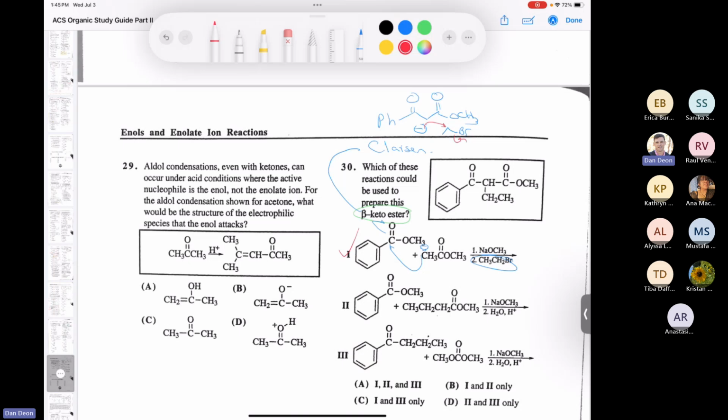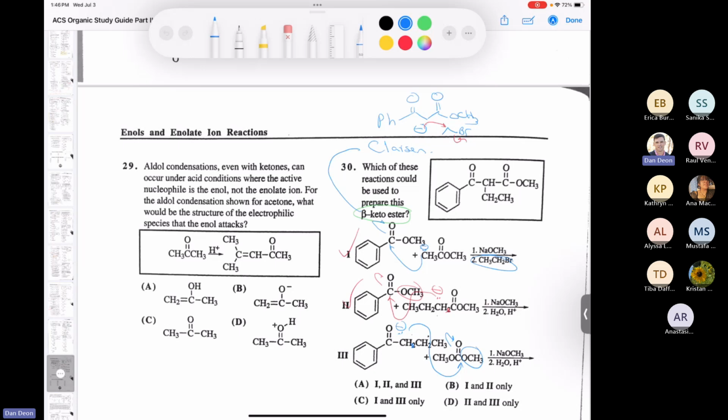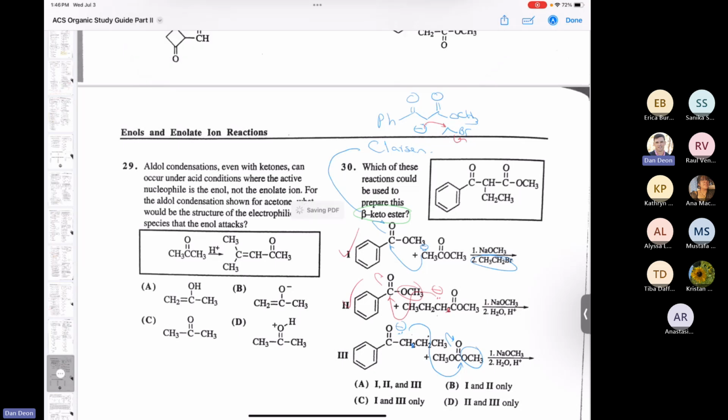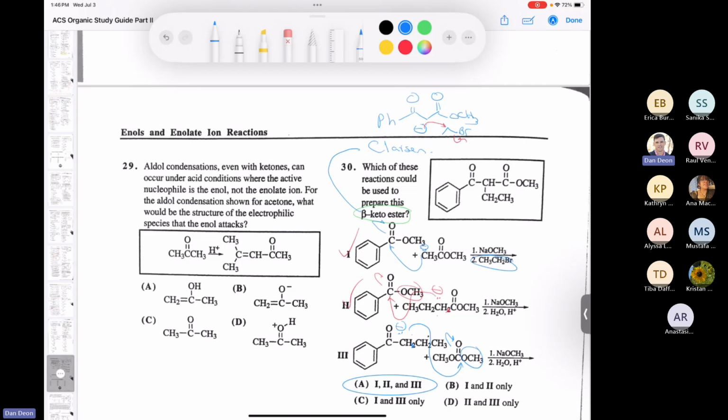In number two, we have our sodium methoxide. We're treating it. We have only one enolizable proton here, so we do that. We do our nucleophilic attack, loss of this leaving group, and yes, that will give us the right product again. So this one will work. And the last one is, remember, this is called a carbonate here. So the only enolizable proton you have in this one is this one here. You deprotonate, it does nucleophilic acyl substitution on this. You lose this part. And in that case, would you get the right product? Yeah, you would again. So all three of these, 1, 2, and 3, will all give you the same